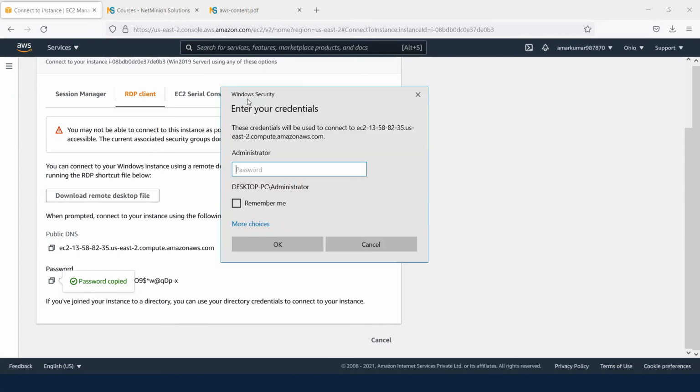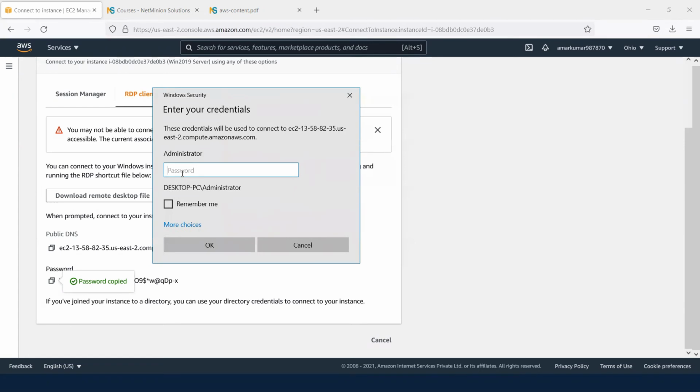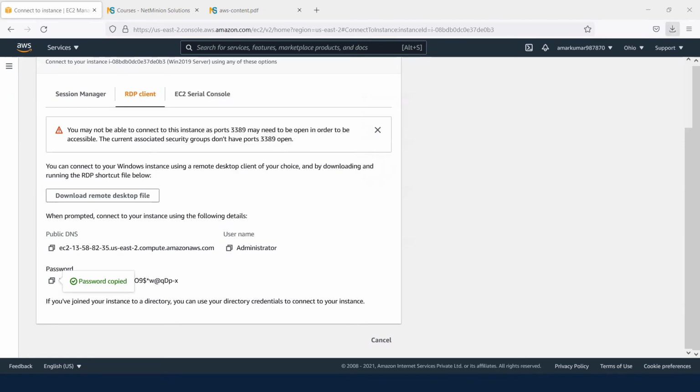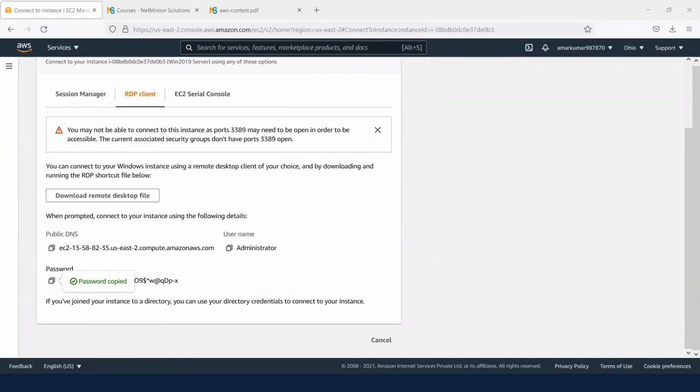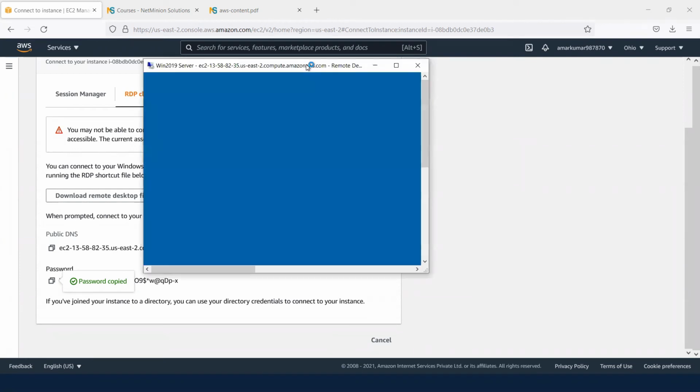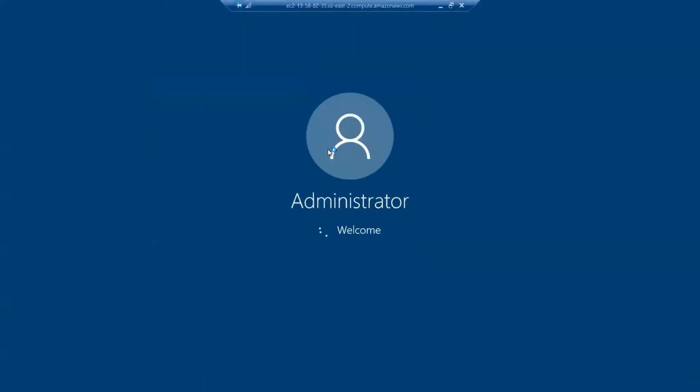See, this is the RDP file. If I paste here and click on OK, finally, I should be able to see the remote desktop. This is launching here. This is the same machine that we have created on AWS cloud. You can see here, this is being accessed by domain name. Instead of IP, this is accessed by the domain name.